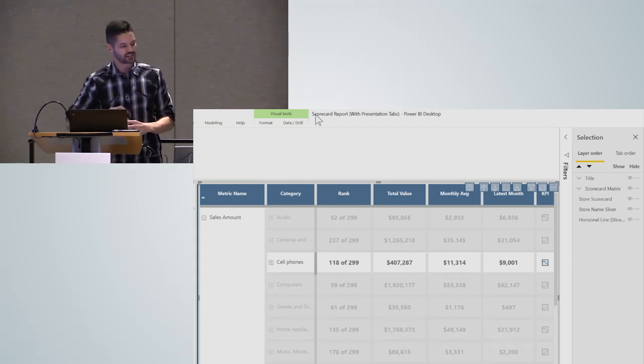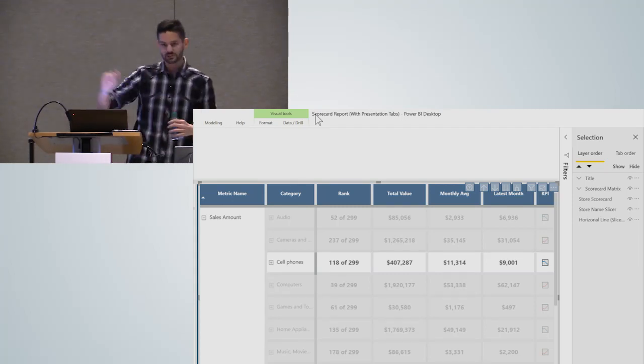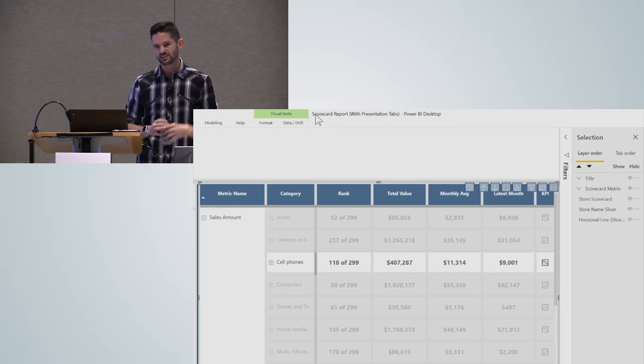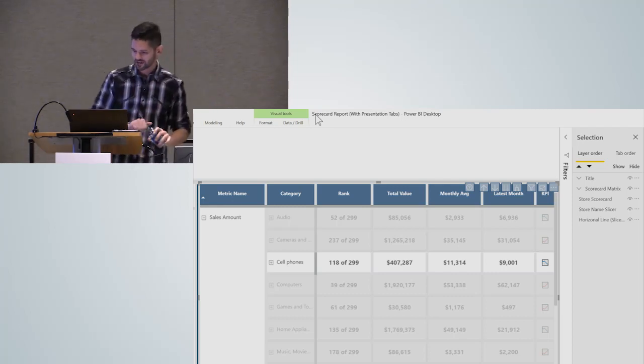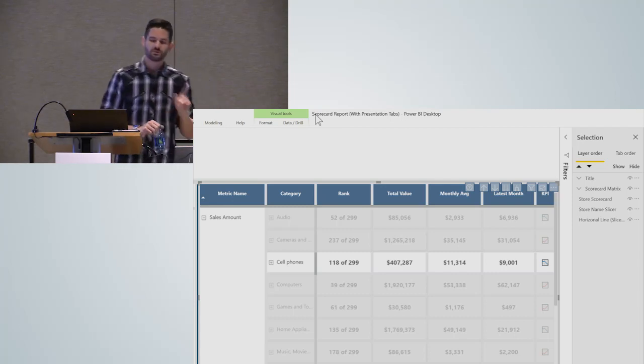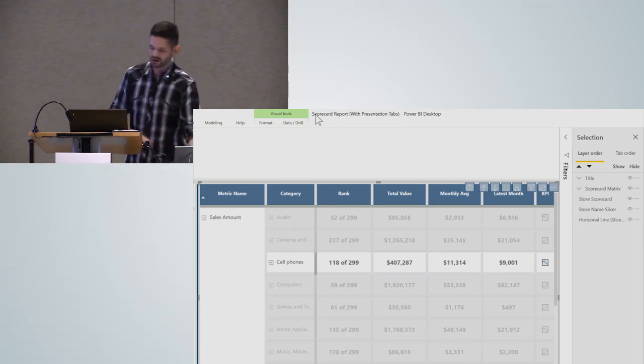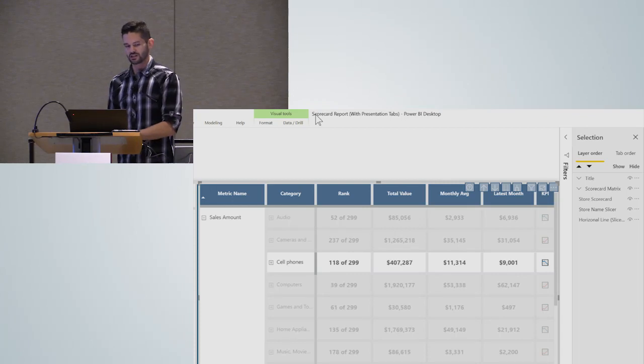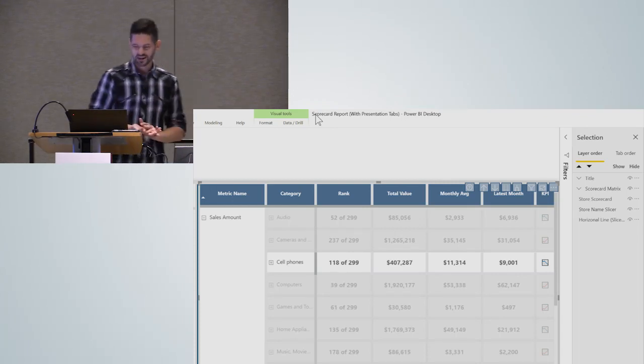Also, if there was actually a way to somehow, through a filter, toggle a bookmark, I could solve this really easily, because then I would make a filter and it could toggle selection. But nothing is happening in the selection pane. So no reordering is happening, no visibility is being toggled. However, I am very cleverly using a tree map visual behind it.